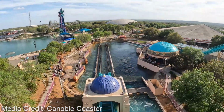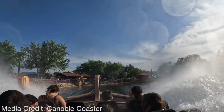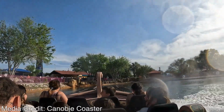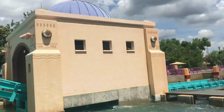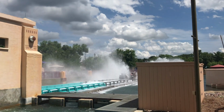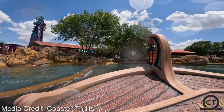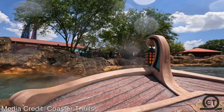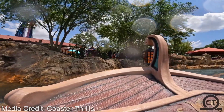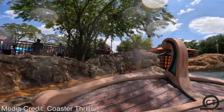And I don't really mind this as I don't typically like getting soaked on water rides, but when the rest of the ride does just about nothing, I think it would be nice to get a little more bang for your buck and at least have the water aspect of this ride do a little more. The fun does unfortunately end here, as for the rest of the ride you will slowly traverse a U-turn back into the station. This brief flume section is again quite boring, but there is a bit of rock work,